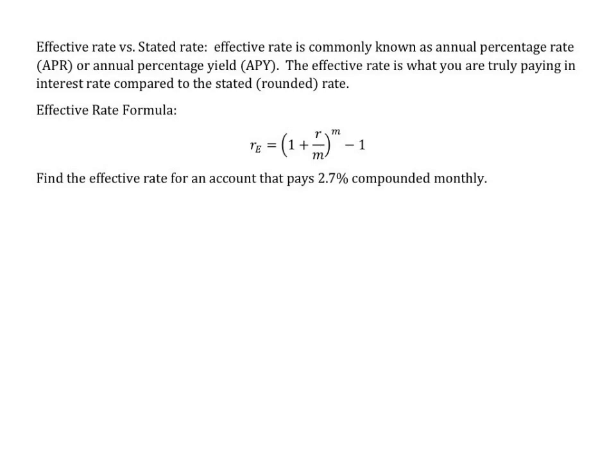Effective rate versus stated rate. Effective rate is commonly known as annual percentage rate, APR, or annual percentage yield, APY. The effective rate is what you are truly paying in interest compared to the stated, the rounded rate. So the effective rate formula is as follows: R sub E, the effective rate, is equal to 1 plus the rate that's given, so our rate,